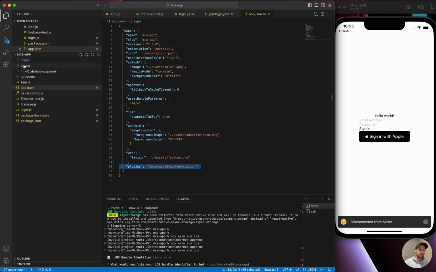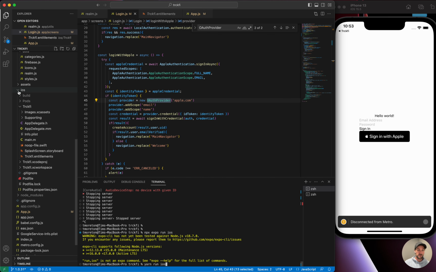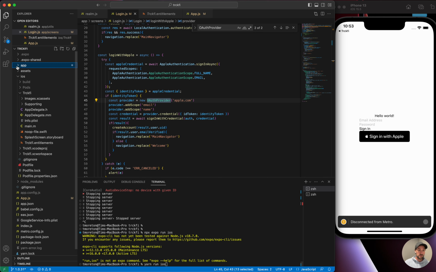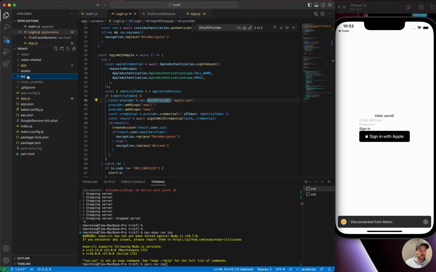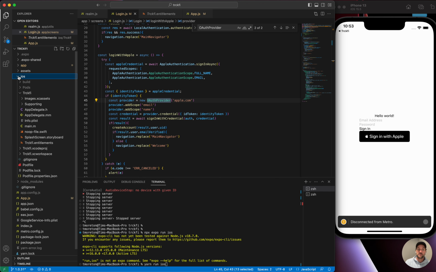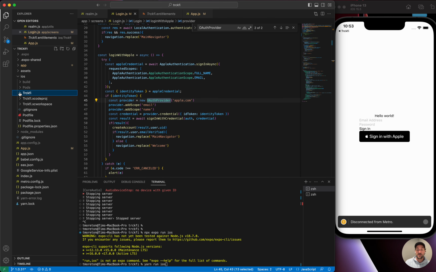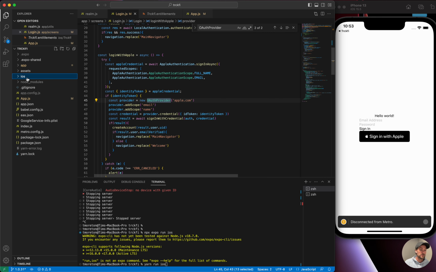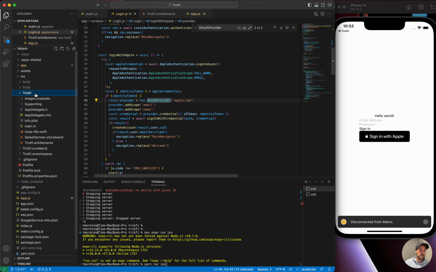This is our example app, but I'll go back to the TrackFi example that I have, and let's close up some of this. We have this Expo folder like we do in the other one, but we also have this iOS folder. And that's because I ran iOS natively on the device, and this is a bare React Native app. And once we run this, this is the same folder that we get if we were to do regular Swift development, Objective-C development. We have this folder for the build, pods, TrackFi,